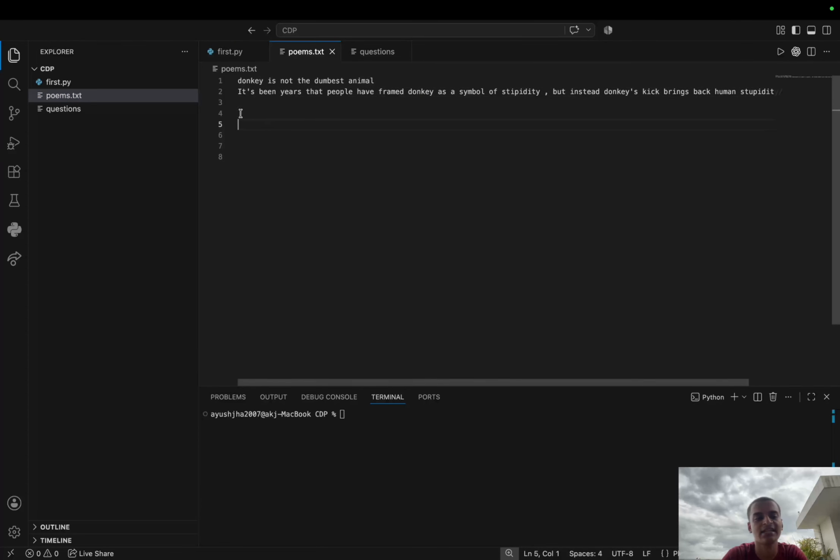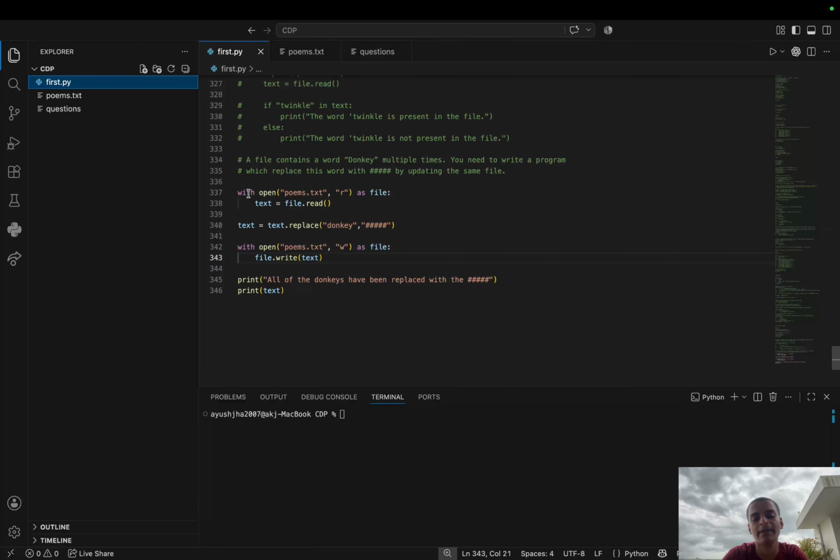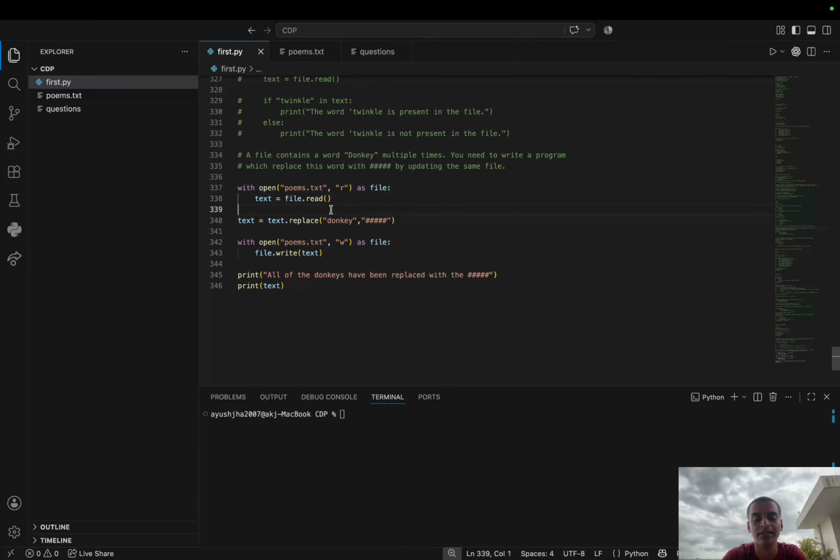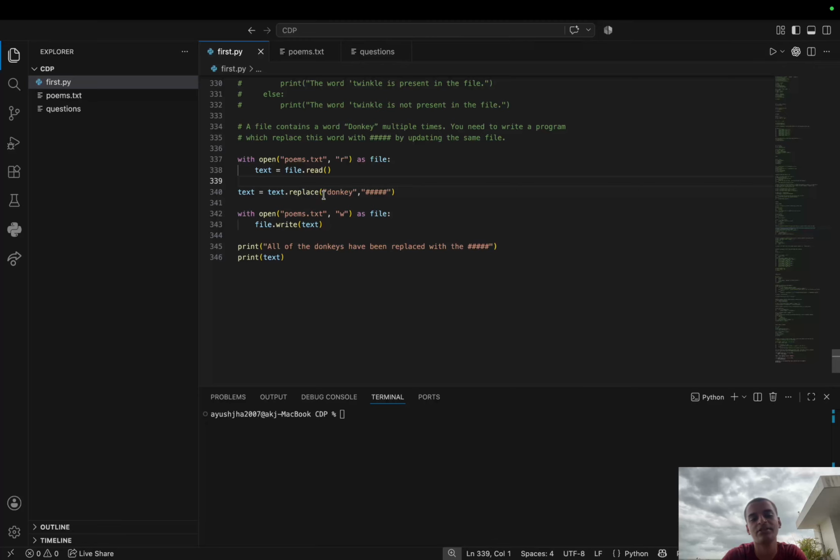अपने poems.txt को, ये वैसे के वैसा ही है। अब हम क्या बोल रहे हैं कि पहले इस फाइल को ओपन करो, एंड इस फाइल को रीड कराओ, रीड में चेक करो, और रिप्लेस हमें करना है डोंकी को इस 5 हैशटैग से। फिर क्या बोल रहा है, जो हमारा poems.txt है, इसमें राइट कर दो, मतलब राइट करके सेव कर दो एज फाइल, और फाइल को, मतलब जो प्रिंट करना है हमें, यहाँ पे चेक किया है हमने, ये टेक्स्ट क्या है, टेक्स्ट ये था जो फाइल.रीड था, तो हमने यहाँ पे इसलिए किया। ये बाद में कर सकते हैं हम, पहले इतना इस पे काम करते हैं।